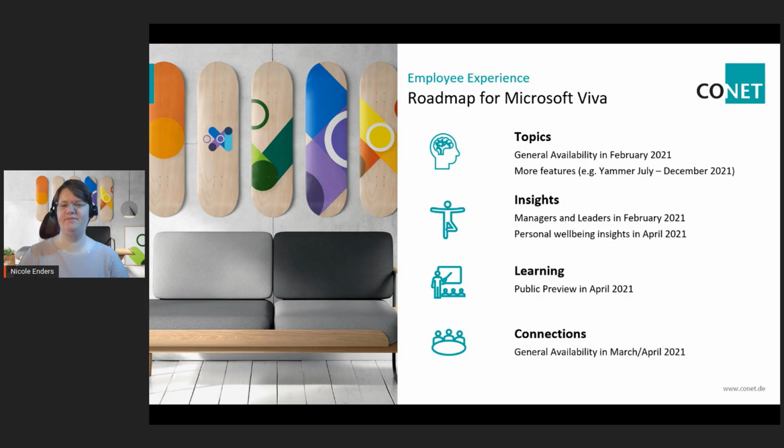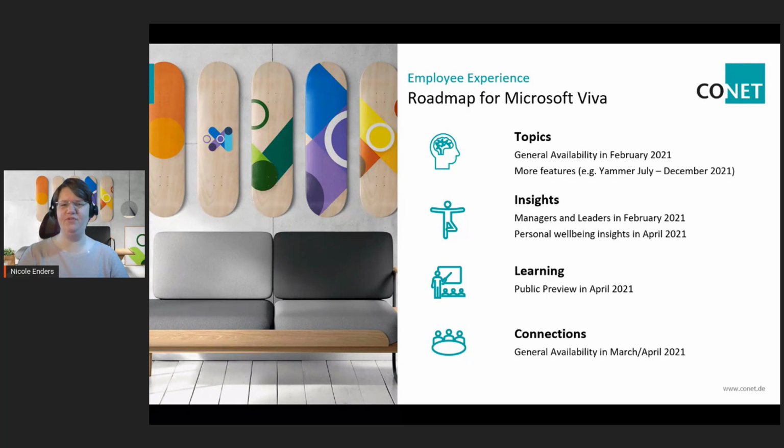And Connections is also there. There were a lot of posts, I think, on Twitter, for example, in the last weeks, that there's a script and some information on how to create this app to include it in Microsoft Teams. So you're ready to start.